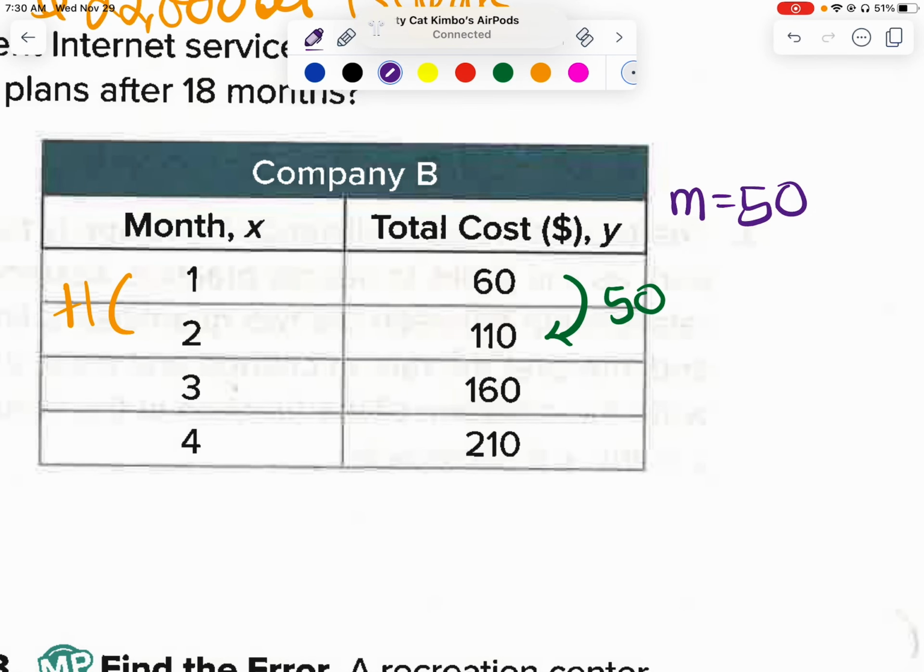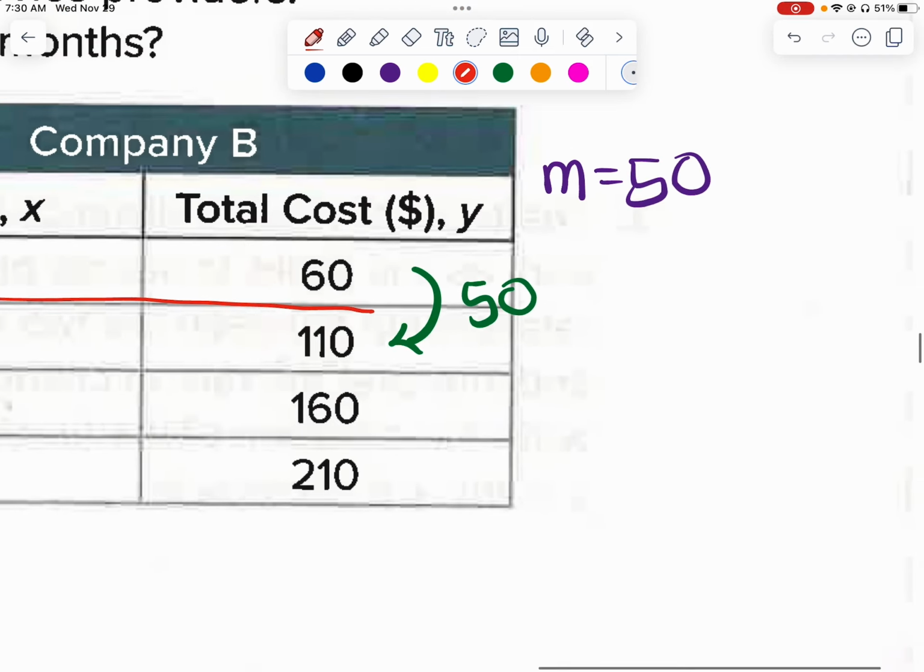Sorry about the interruption. Okay, so that's 50. So now we have to find the B value. Let's go ahead and do this. So I'm just going to use the first one. I don't care. I'm going to use the first one. So that's the